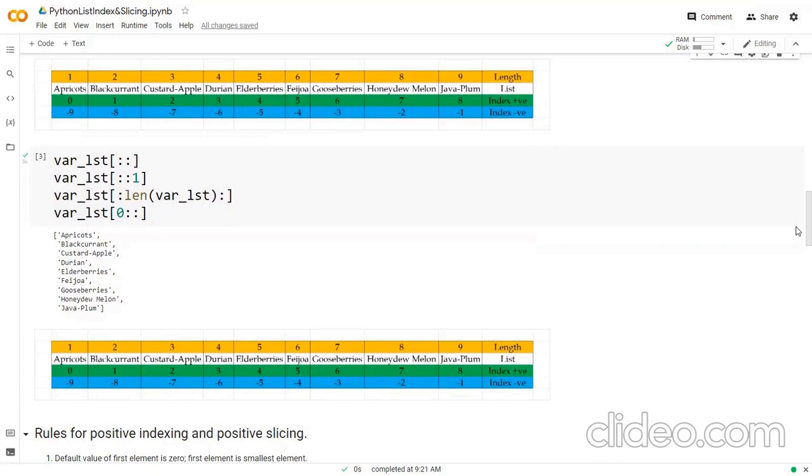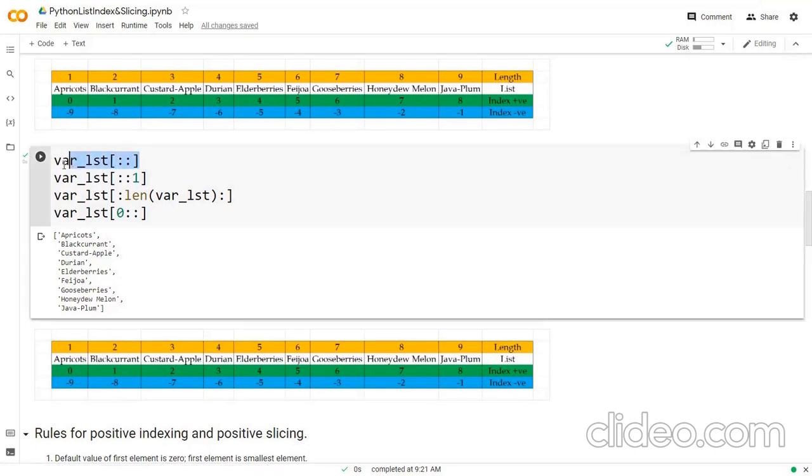As you know well, my movement from left to right is decided by the last element, the third element of my list slicing. So right here you can see we have default values.